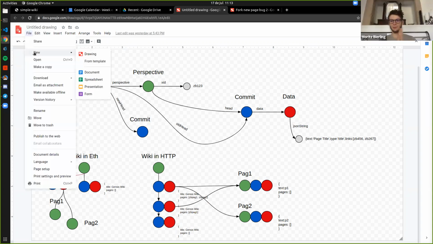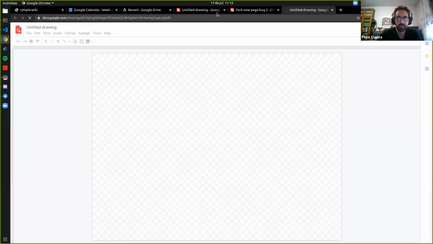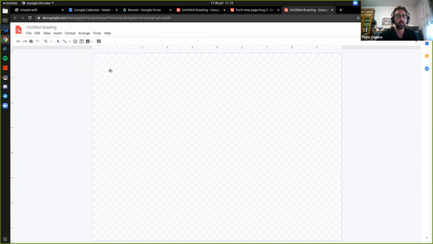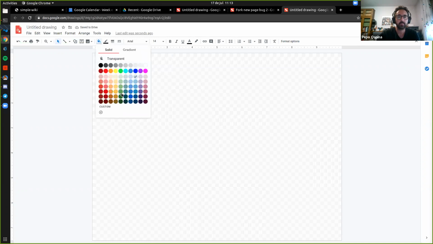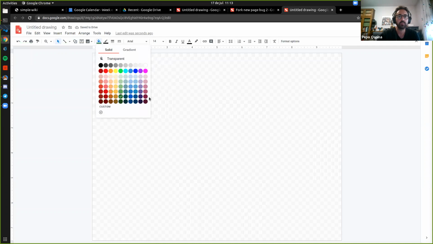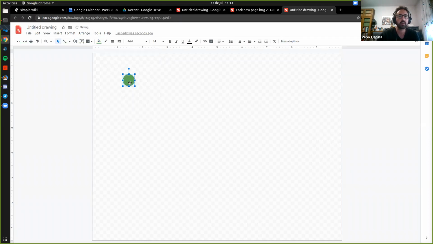I love diagrams. I'll do a blank diagram, but I will copy paste stuff from other diagrams that I've made. And so, yeah, let's start with your basic use case. You have an object, and we use green for mutable references.